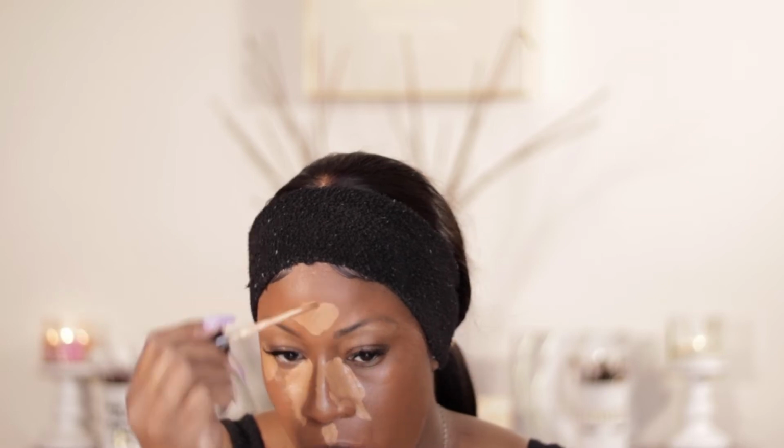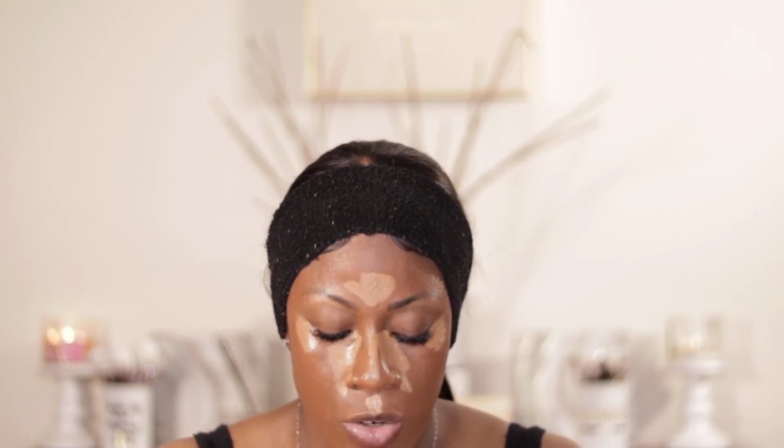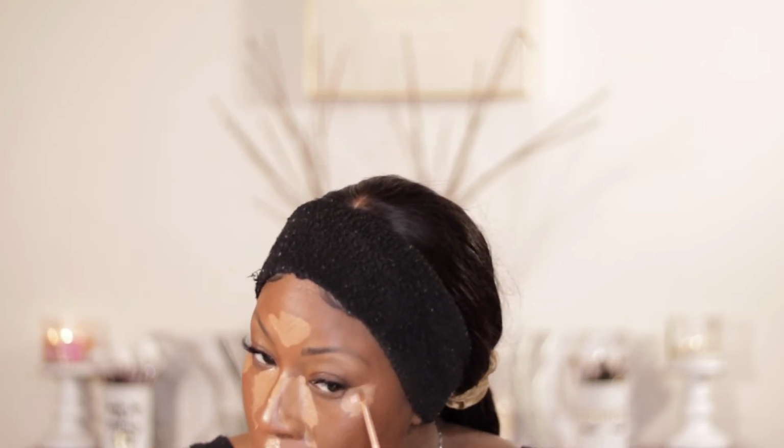So most of the concealer I put here. I'm gonna put it down my nose and then in the center, and then lastly apply the rest on the outside. I was gonna use the KAJA BENTO cream thing for my contour today,